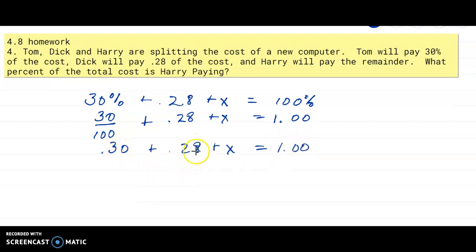Now I'm going to combine 0.30 with 0.28, and that's going to become 0.58 plus x equals 1.00. And this is why, instead of just turning 100% into 1, I added the decimal point and the zeros, because right now I'm going to have to subtract 0.58 from both sides. And if I only had a 1 here, I would have had to add the 0.00, because you need that. I am subtracting less than